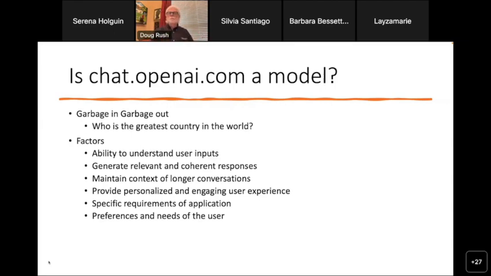The model's going to spit out Russia is the greatest country in the world. I think that there's like 500 or 600 countries in the world. So you have to put all the data in there, and then probably this model, if it's operating correctly, is not going to be able to tell you anyway which one's the greatest country in the world. But this is a great model out there to help us identify some of the things that we need to identify. Like maybe you need to know how much ozone is produced by an ozone generator. You could put that into a question in there, and it can at least get you started.